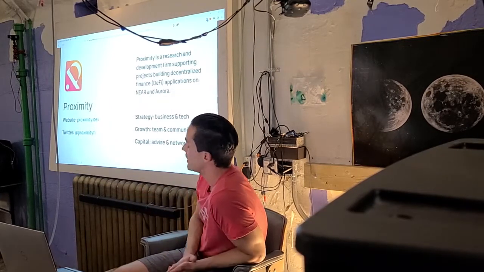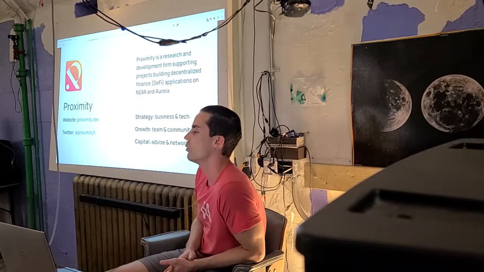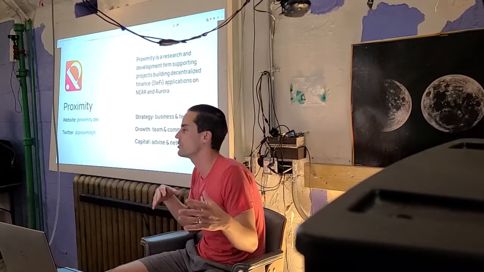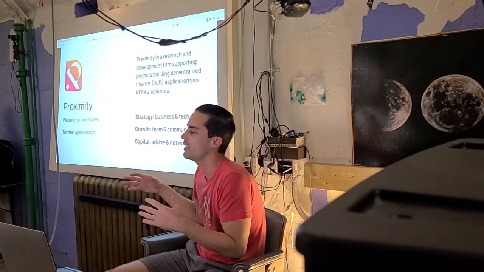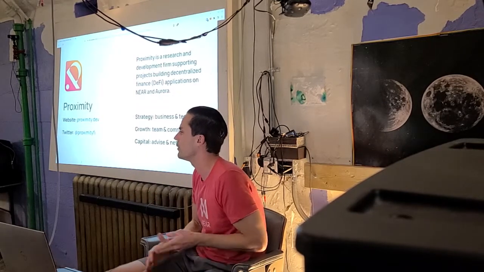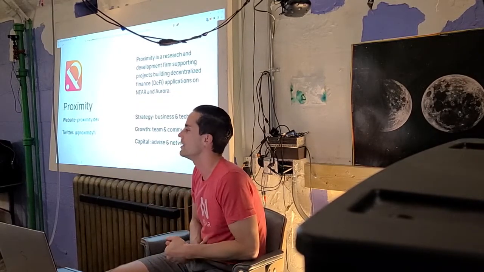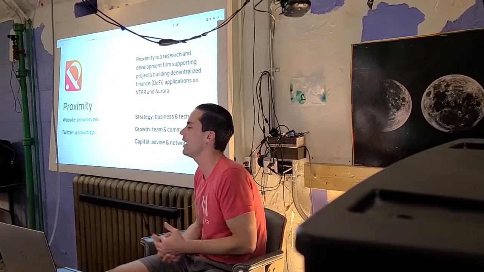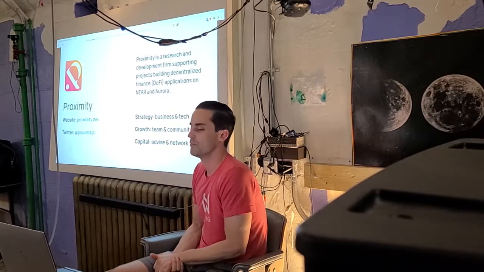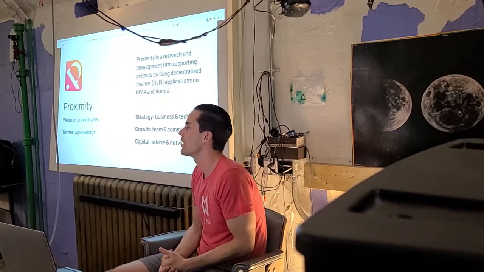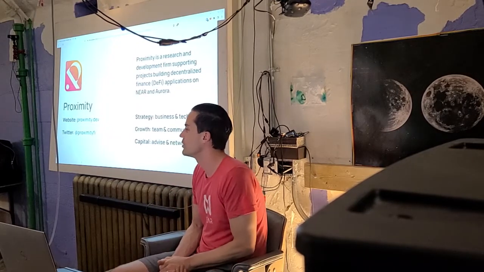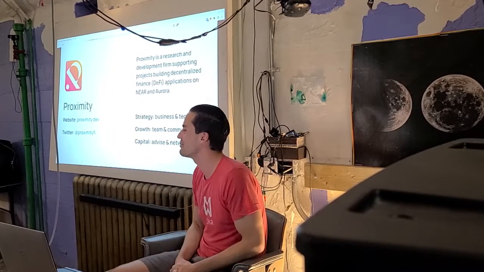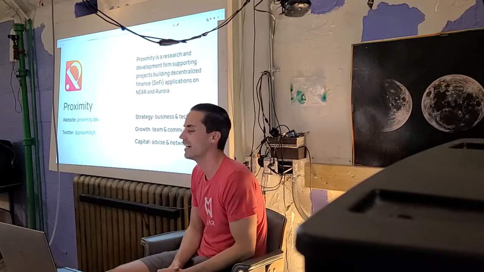So Proximity is basically a spin-out from Near. What is a spin-out? Near started back in 2018. It was a little bit of research and development, then it launched its mainnet in 2020. Around 2021, a lot of people who had been with the Near team from back in the day decided to found startups on Near because mainnet was up and running. They said, I want to go out and do my own thing, specifically some things the Near Foundation can't do, which is a lot of cutting edge stuff in the crypto space, which of course is a little bit edgy, right?